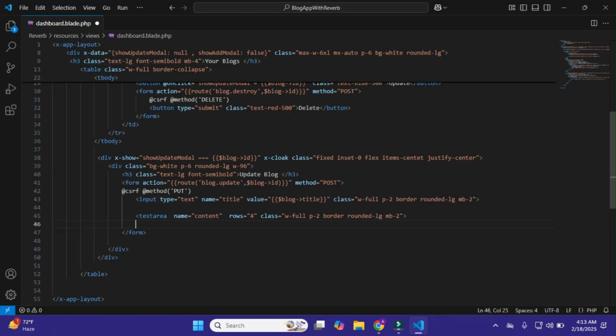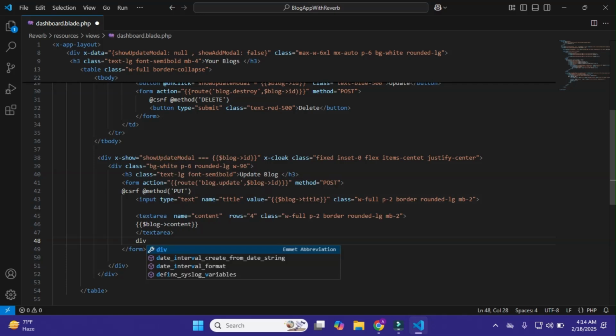After it here I'll copy it and paste it here, and within it I'll make it content. Okay, that's it, and just close the textarea. So we simply do this.